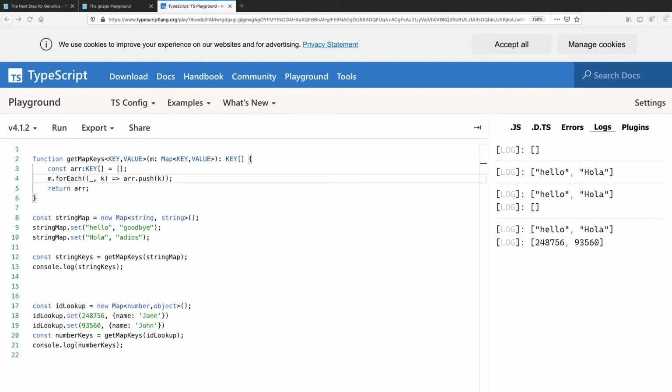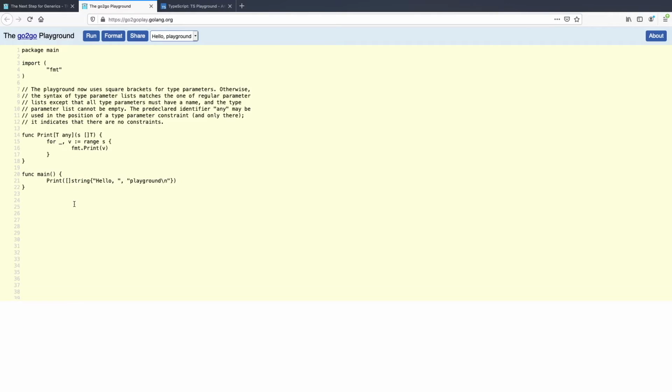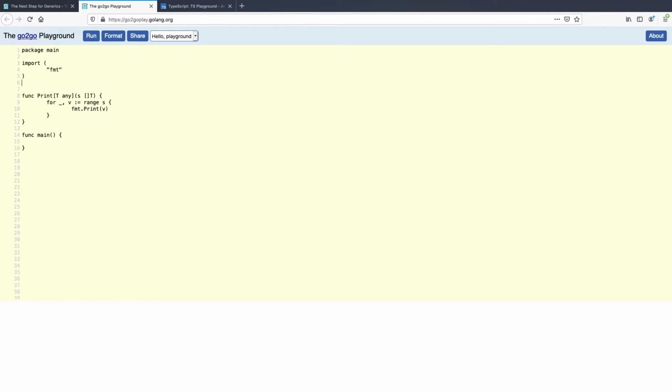So let's take a look at how that might work in Go too. Let's delete everything here because we don't need much of this. We don't need this method. But let's think about that same get keys method again. On the get keys method, it's going to take in a map, and remember here we're going to have to define the type of our map ahead of time. Define that as keys.